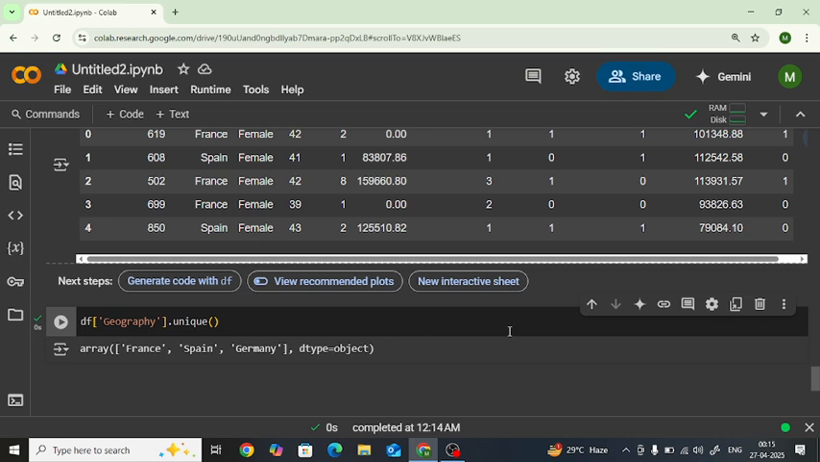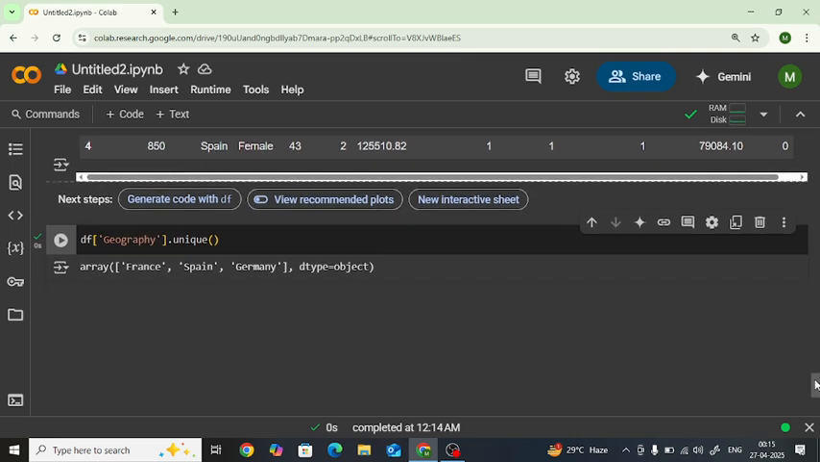So this is a way we can do it, and I want to convert the geography data, because there are three unique values, and I want to create dummy variables, because I want to analyze this type of data. So let's see